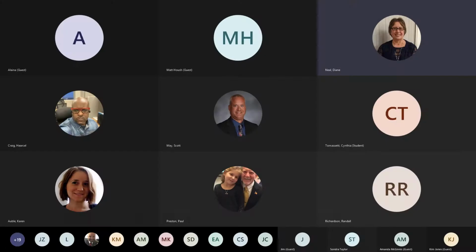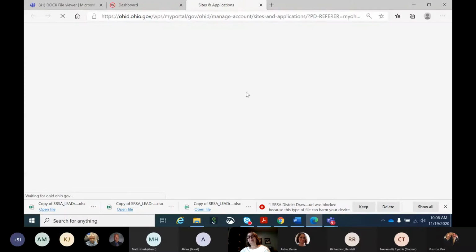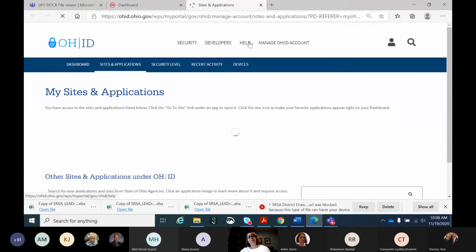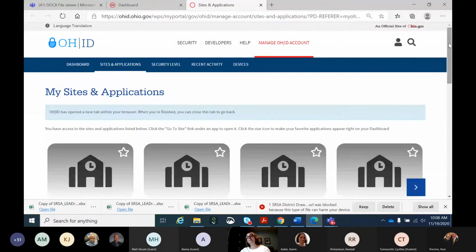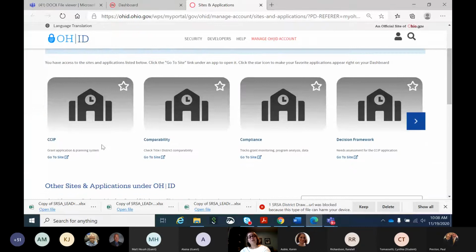Applications. So we're going to click on Open, Launch your applications. And you should have a link that looks like this that says compliance. If you don't have that in your apps, then your OEDS administrator in the district needs to provide you